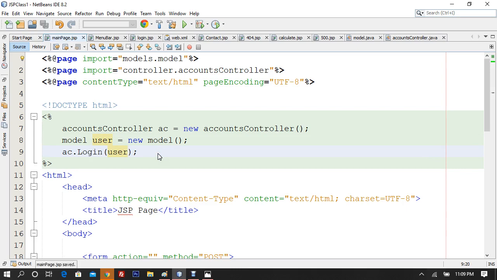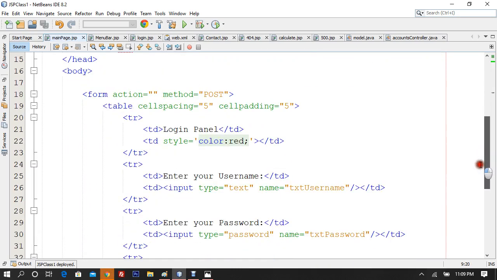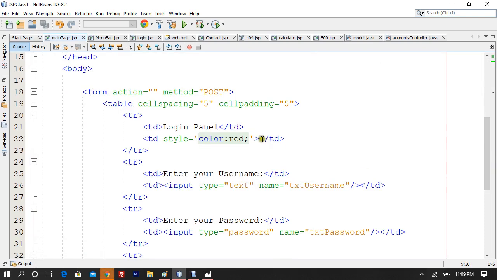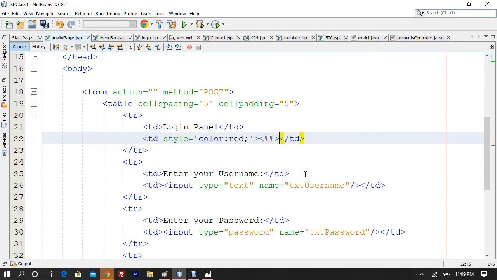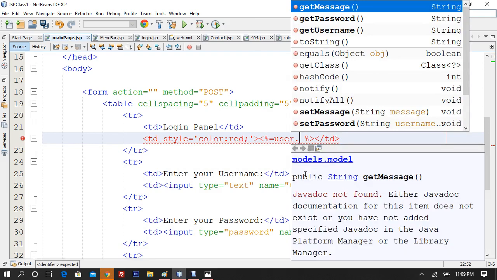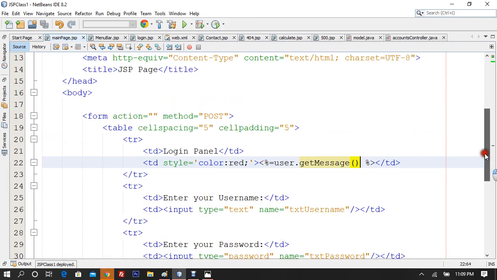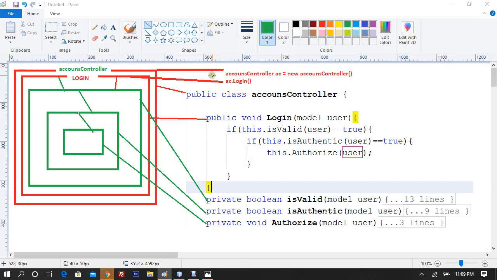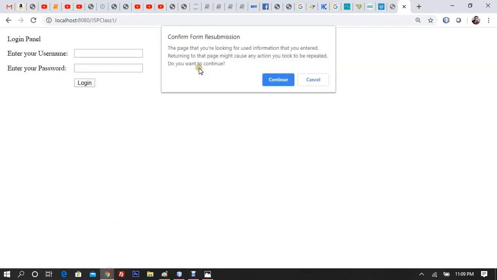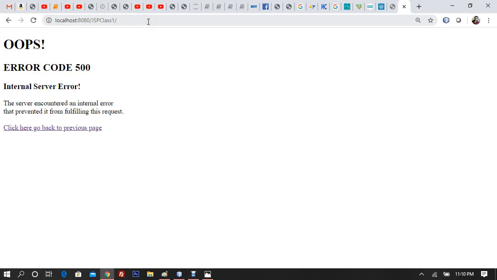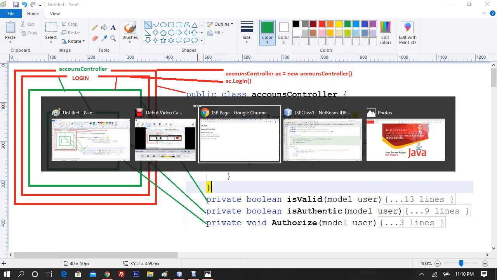My job is done. But imagine we still have to get, do you remember, the message, and the message last time was displayed here inside the scriptlet. So I'll display the message here, but this time I'll call the object. I'll say display user dot getMessage. Okay, all right, so now let us see what happens. We are supposed to get a null pointer exception here. Okay, yeah, we are getting a null pointer exception